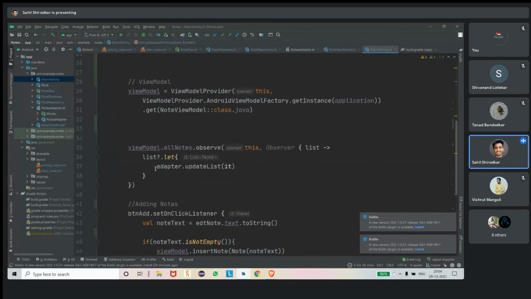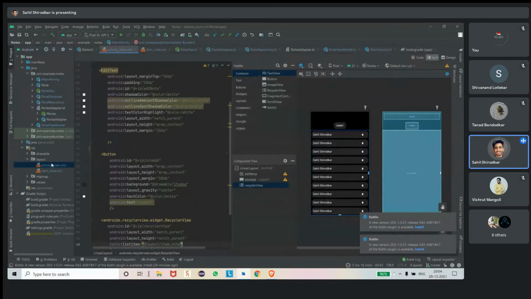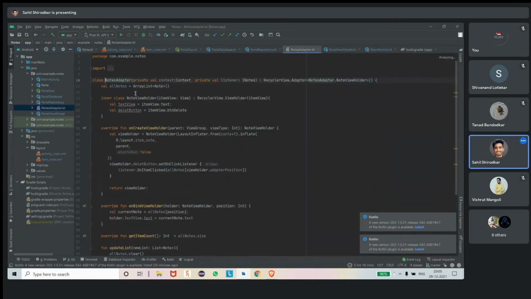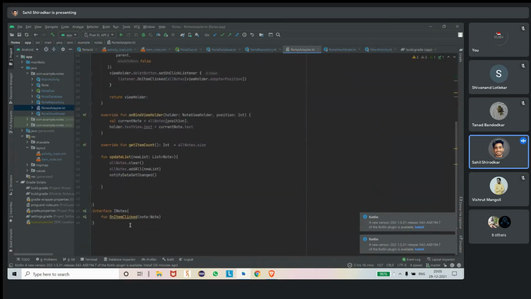Yeah. So we are almost done with everything. Now just the code of the recycler view, which you guys have seen in the first session. The same we have to write. We have to make a separate adapter for recycler view, which will run the whole functionalities of a recycler view. So for that, we have made a separate adapter. This is the adapter code.